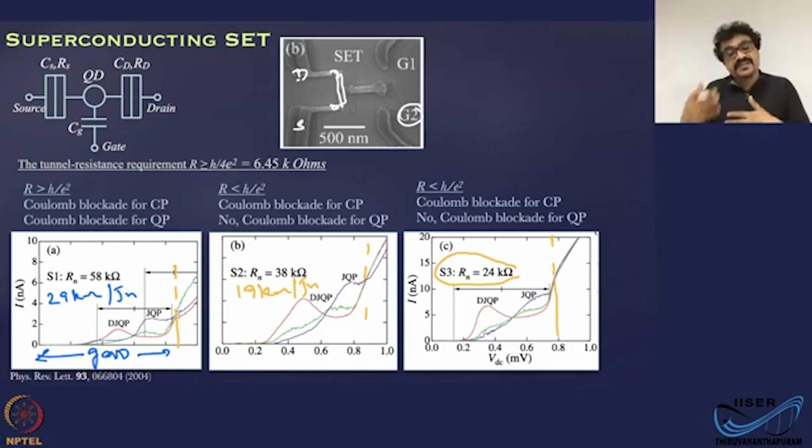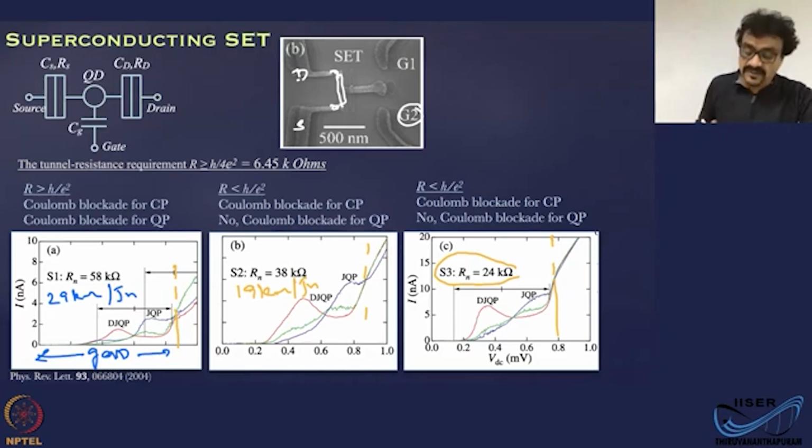You have enhanced the Josephson tunneling effect. But you have almost lost the charging effects of quasi-particle because your resistance requirement is not satisfied. You have only 19 kilo ohm per junction, whereas you are supposed to have 25 kilo ohm per junction to have strong charging effects of